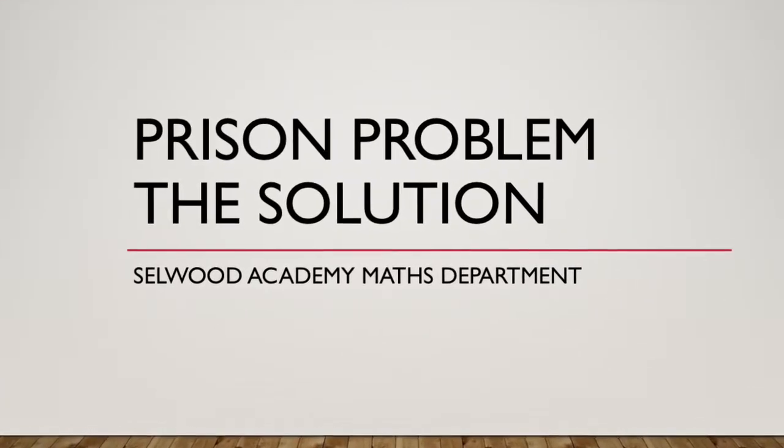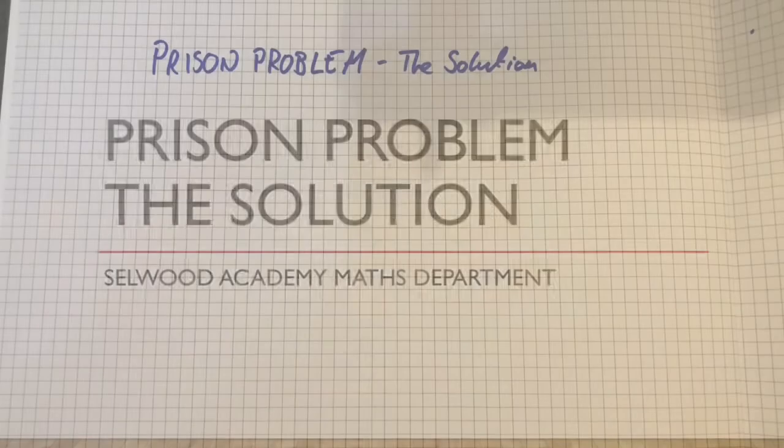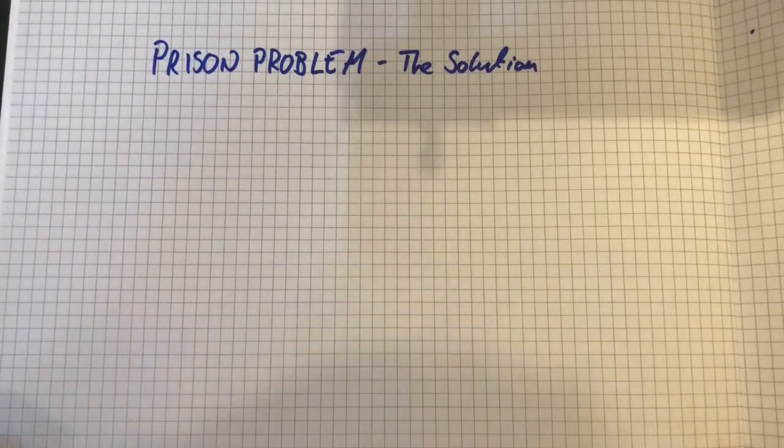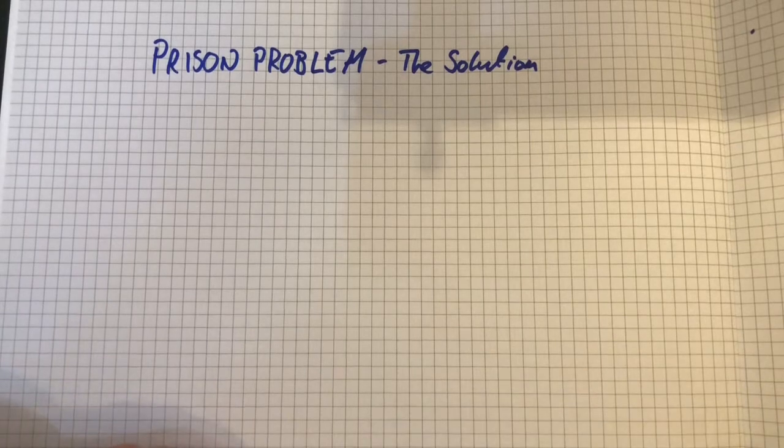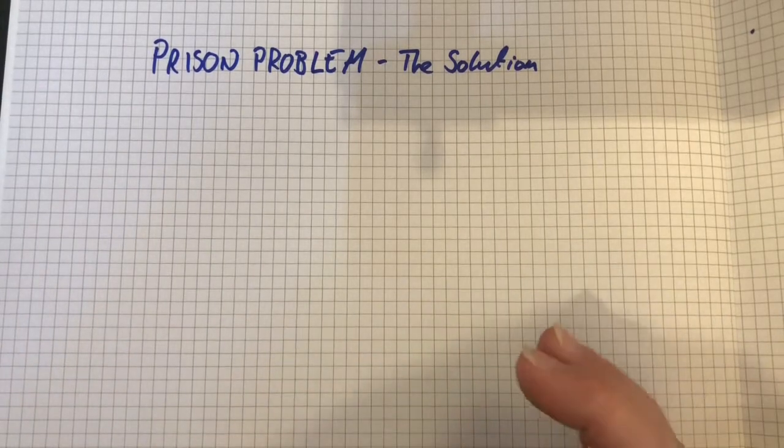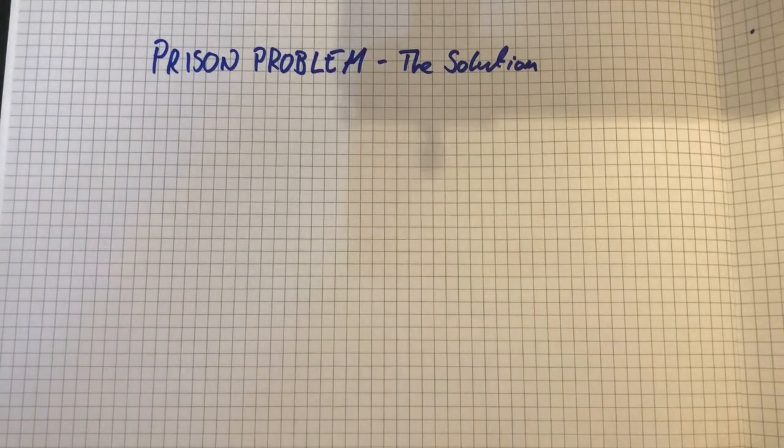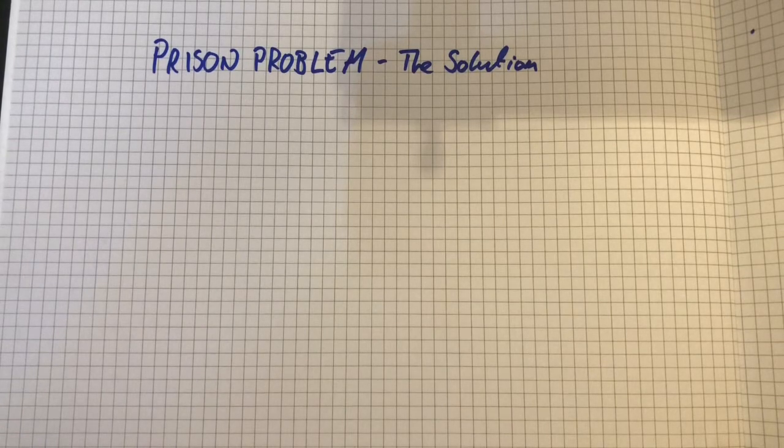Now, this is the solution to the prison problem that I set last week. You remember we had the problem with Frome Jail, which got closed down for reasons we'll understand in a few minutes. There were 50 cells with 50 prisoners, one prisoner per cell. And at the end of the day, the 50 prison wardens came along and they had a weird way of